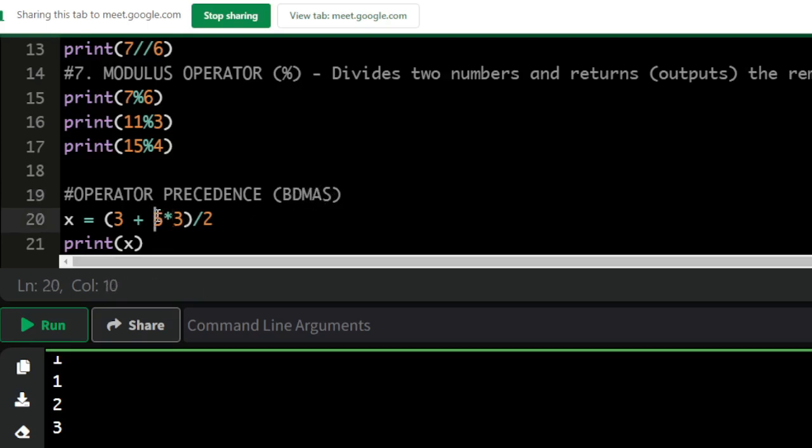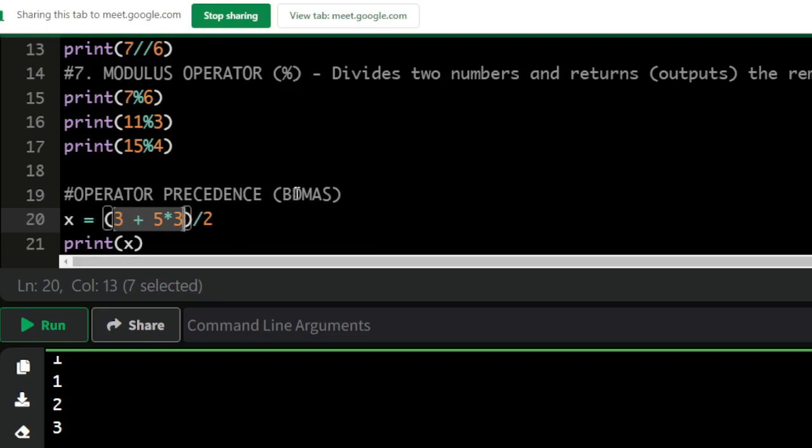So we should resolve this multiplication first. By the time we resolve this multiplication, we are going to be having 5 times 3, which is 15. Then the next thing is that we resolve addition. This result that we got here, which is 15, by the time we add it to 3, it becomes 16, 17, 18. It becomes 18. Now the bracket is resolved, because you have gotten the answer in the bracket, which is 18,